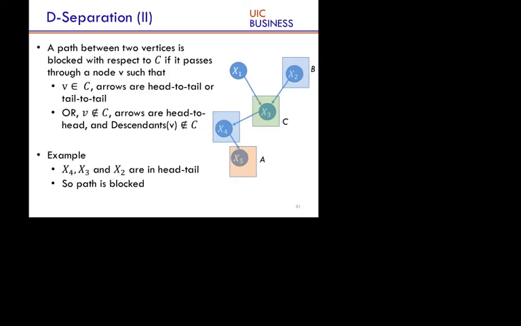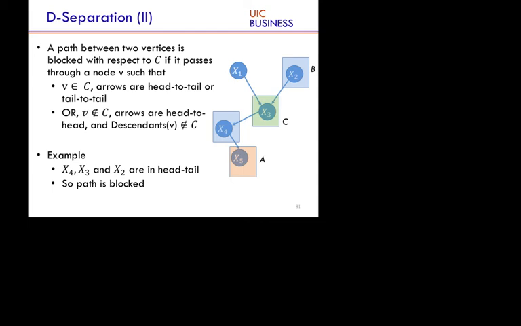For that we need to say what is meant by getting blocked. So a path between two vertices is blocked with respect to C if it passes through a node V such that, it has two parts. So let's focus on one part now. A path between two vertices is blocked. So we are now defining that we know there's a path between two vertices. Let's say it's a connected graph, there's always a path. Now we're going to attach a property that it is blocked with respect to C. A, B, and C were the three sets that we created before. So it's going to be blocked with respect to C if